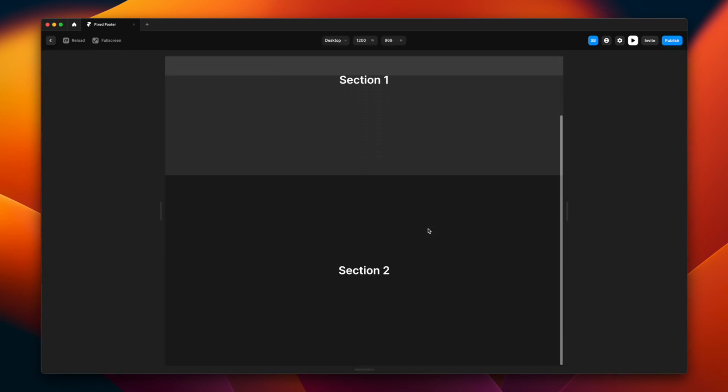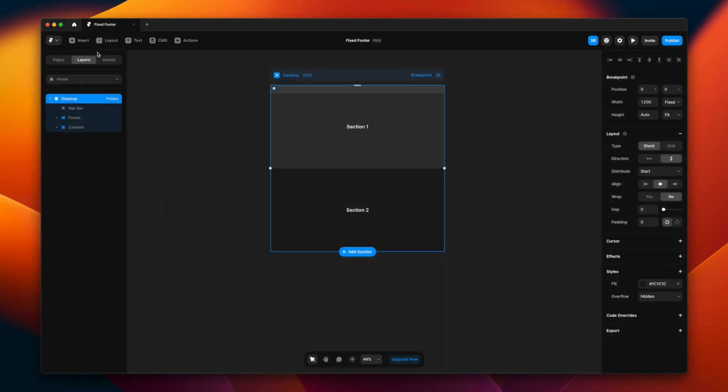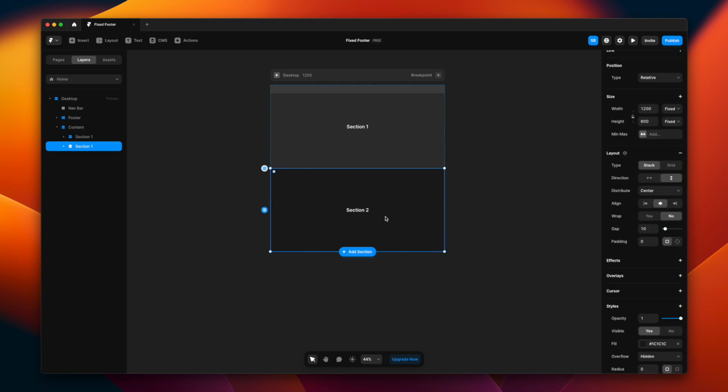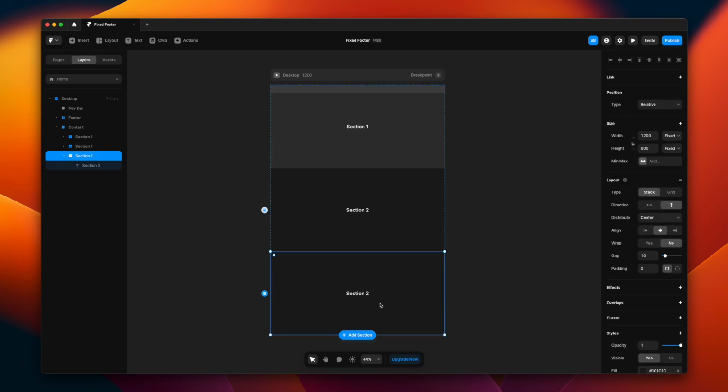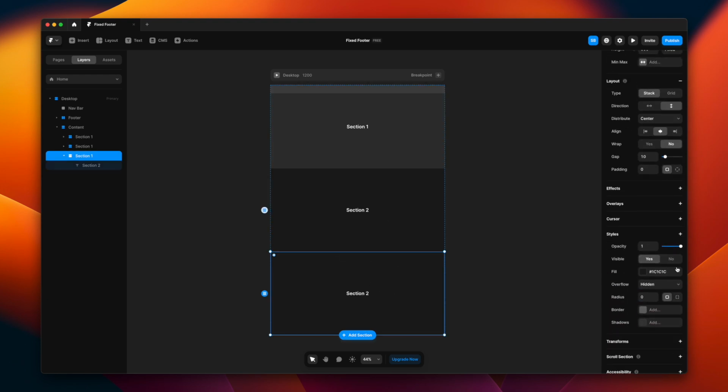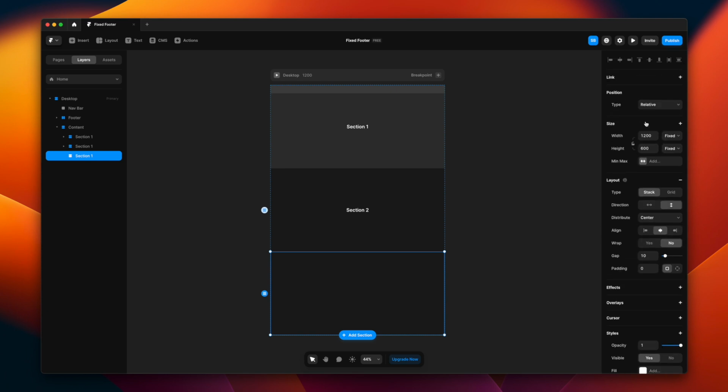And now you see how we can scroll it, but the footer is not visible. It's because it's behind the content. How to make that footer visible is, we want to select section 2 again, and we are going to copy paste it. We'll duplicate it, and let's just get rid of the fill here. I'm also getting rid of the text here. Now what this does is, since there is no fill, it will ensure that your desktop screen scrolls all the way through, but nothing will be visible, so the footer will become visible.